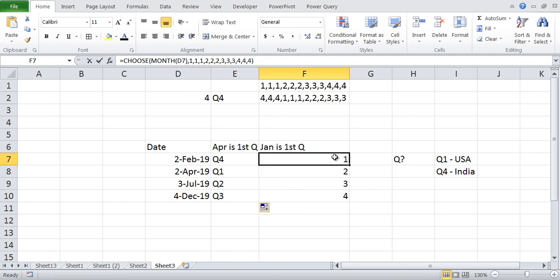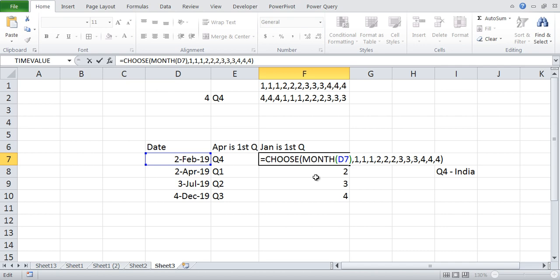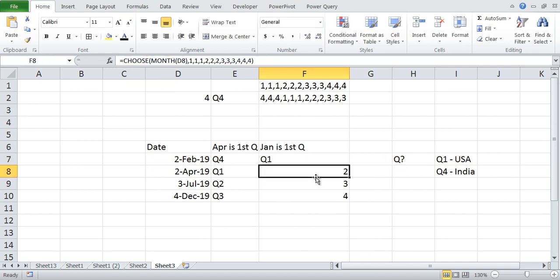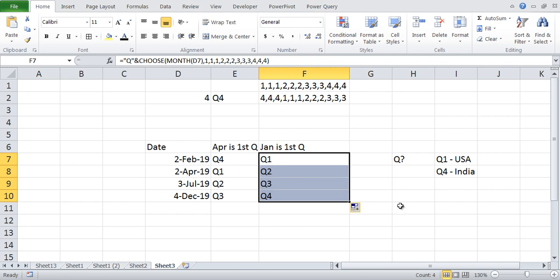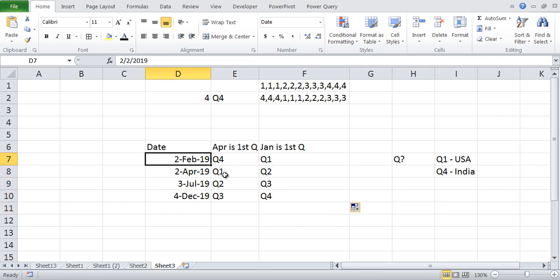Right? Now if you want to print the year, that also you can do by using the YEAR function. However, it is slightly complex, so I am not covering it in this course, but you should try to think of printing the years also. Why I am saying this is that when you have February 2019, it will be Q4 19. Okay, or it will be Q1 19. Like that you can print it. You have to try and see how it can be done. Okay, thank you.